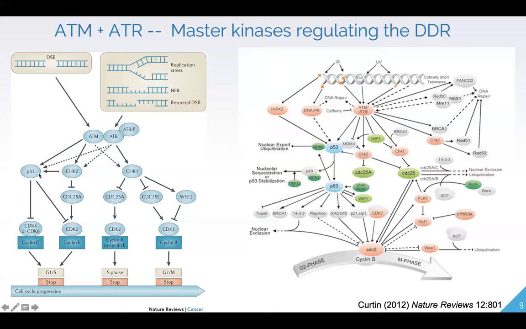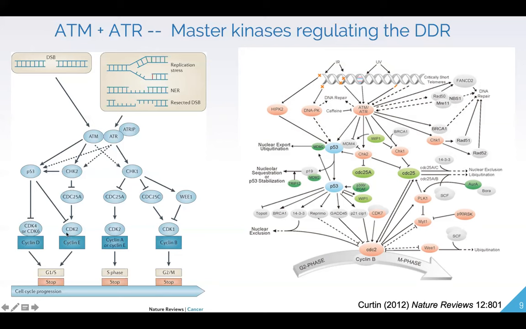So P53 primarily induces G1S arrest by directly inhibiting CDK2 through the expression of P21. P53 is a transcription factor. It tetramerizes upon signaling from ATM as well as from CHEK2. So both of these kinases directly phosphorylate P53 at the N-terminal end of the protein. And when that happens, P53 becomes activated, it tetramerizes, and it goes to the promoter elements of P21 and transactivates